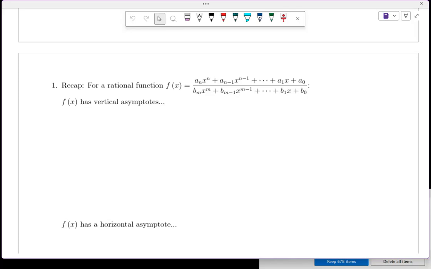The denominator is 0, right? So we look at where the denominator is equal to 0 and also not the numerator at the same time. So f has vertical asymptotes when the bottom, your denominator, is equal to 0,